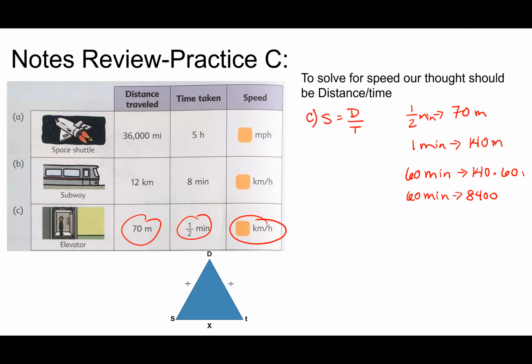Kilometers per hour. Wait, hold up. Oh, that's super fast. What did I say? What were we working with right here, Kinsey? Meters. Meters. All right, so now what? It asks me what the kilometers per hour is. What do I have to do next? Elijah? 8,400 over the